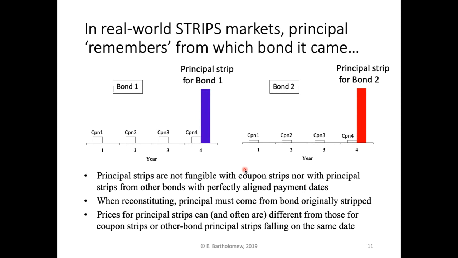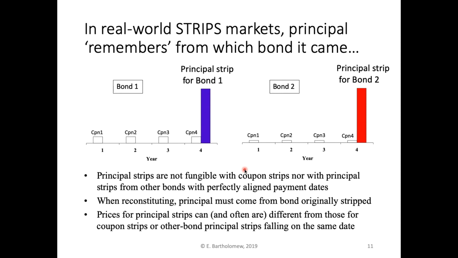There's another quirk that will interfere with this relationship, and that's in the real world strips markets. The principal remembers from which bond it came. So what do we mean by this? Essentially, what we're saying is when you're reconstituting the bond, you actually need the actual principal strip from the original